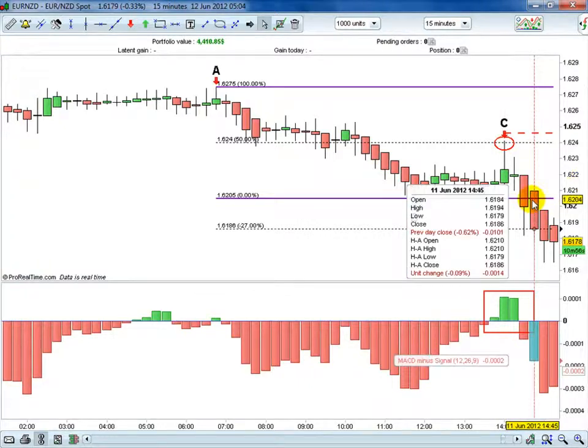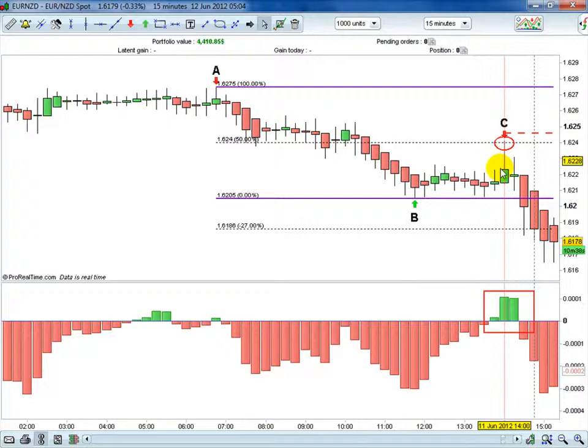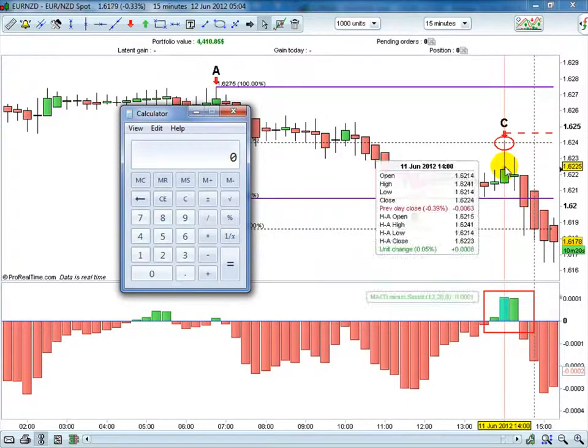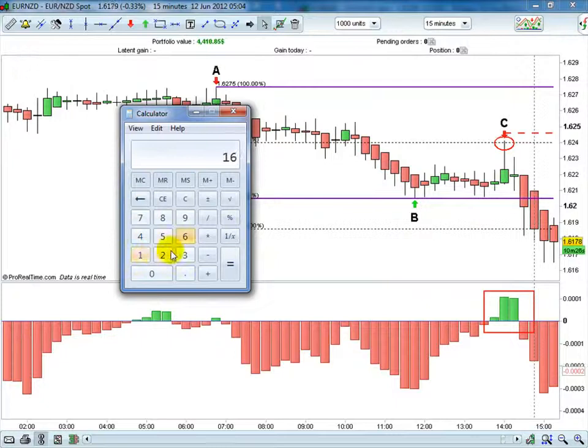So again, before we pull the trigger, not after, we have to do the math and figure out the size of the initial protective stop. In at 161.84, and let's factor in the dealing spread because in this case it's relatively wide. Let's assume it's going to be at least 12 pips. So in at 161.72 net, let's pull out our calculator here. Our initial protective stop, again right there, 162.46, minus a real entry price of, let's call it, 161.72. That's 74 pips,